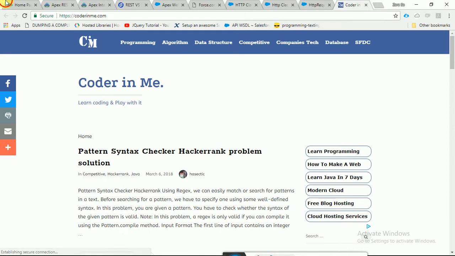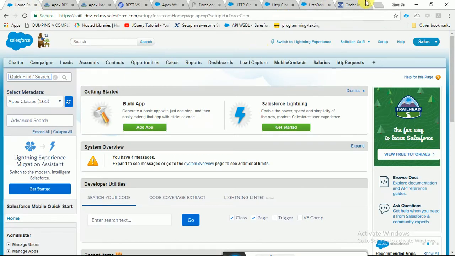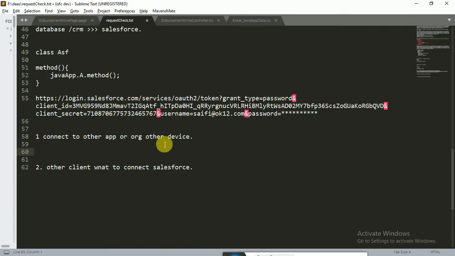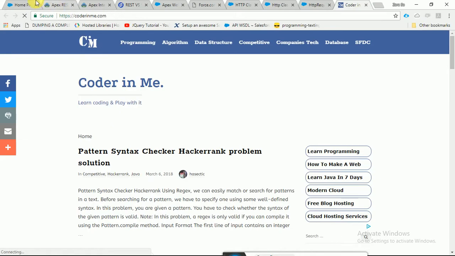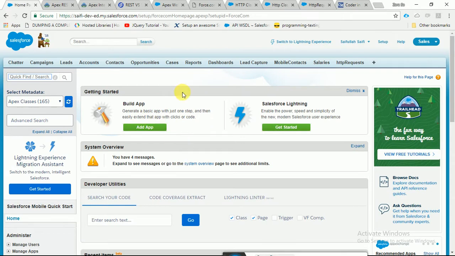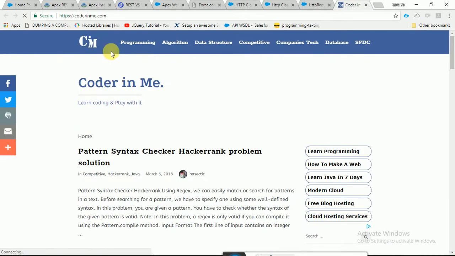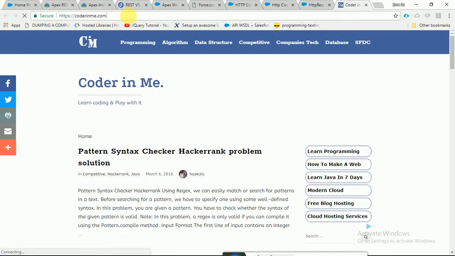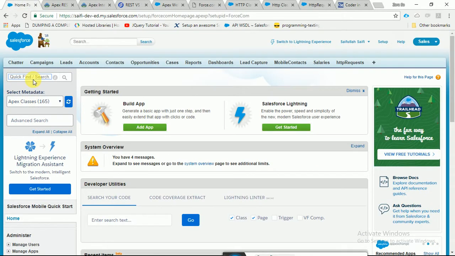For that purpose it will need something, and that is the first part. The second part is that I am doing something here and I want to send it to coderinme.com. Then what I need is the second one, another client wanting to connect to Salesforce. Because I want to connect with this, the first step is